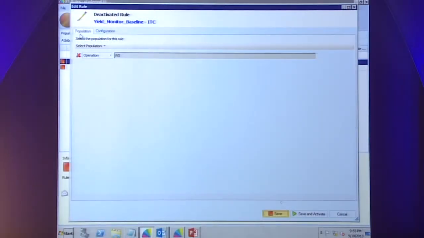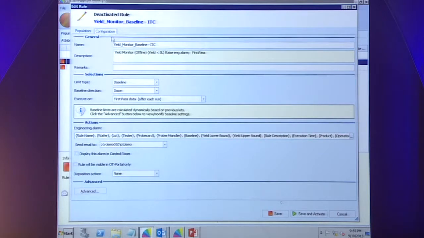So here we have a rule which is called the yield monitor rule, and here it's been configured to look at absolutely everything that's running through wafer sort, no matter which product. The configuration for the rule tells us that it's going to use a limit type of baseline. We could have simply set it to percent, and percent means, I'm going to say 90%. If it's less than 90%, send me an alarm. But the baseline allows this automated calculation. If we go to the advanced mode here,